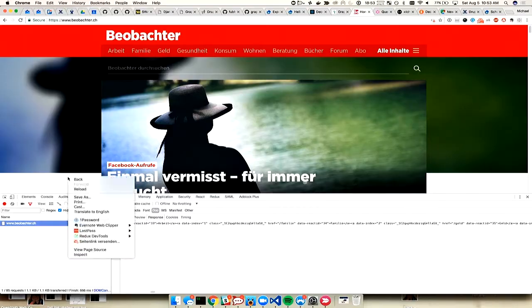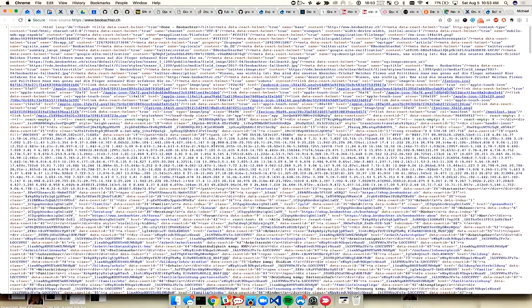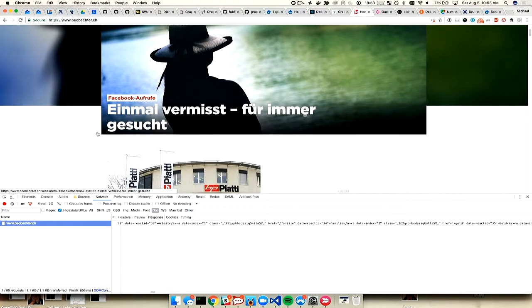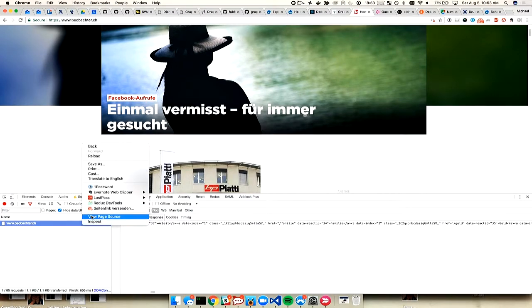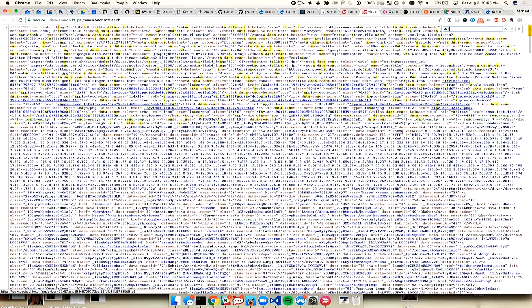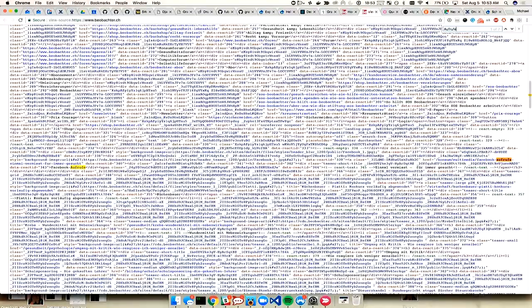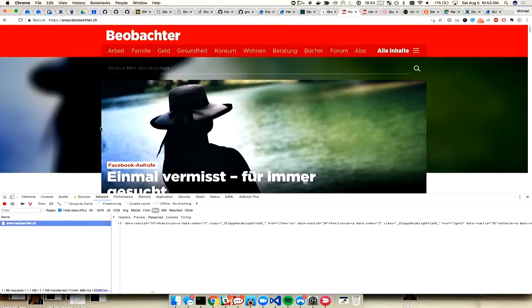So it's regular HTML that we love and hate every day. So it's full React built. If we search for text, let's say there's Facebook in there, you can see that text here is actually in there. So it's completely pre-rendered. And now, as I have JavaScript disabled, if I click around, so if I click on